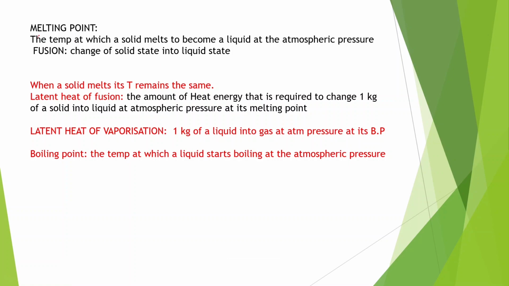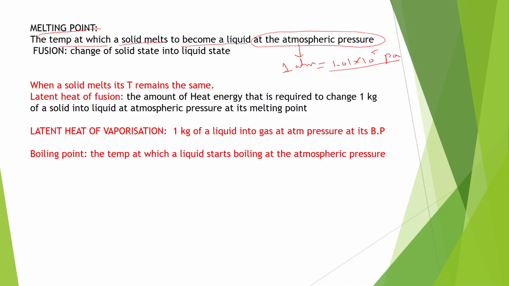what is meant by melting point? Melting point means the temperature at which a solid melts to become a liquid at atmospheric pressure. What is the atmospheric pressure? It is 1 atmosphere. Generally atmospheric pressure is taken as 1 atmosphere. 1 atmosphere means 1.01 × 10^5 pascals. This is the atmospheric pressure. At this pressure,